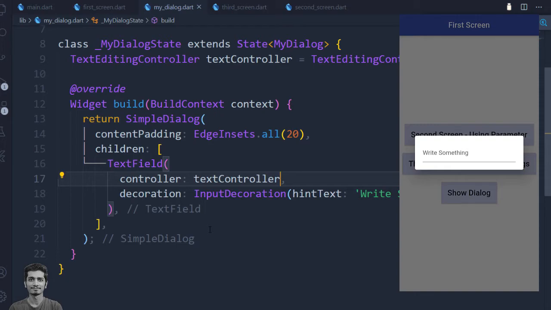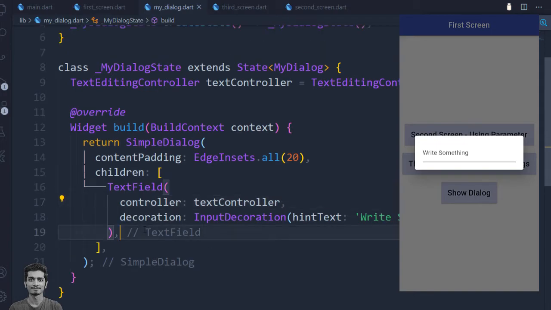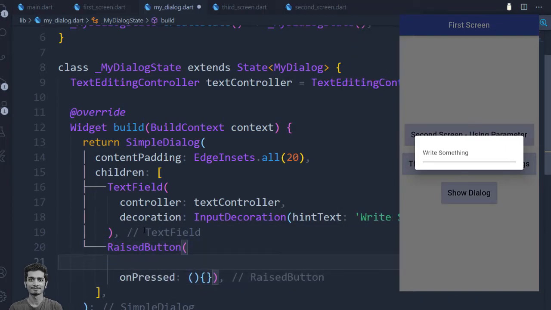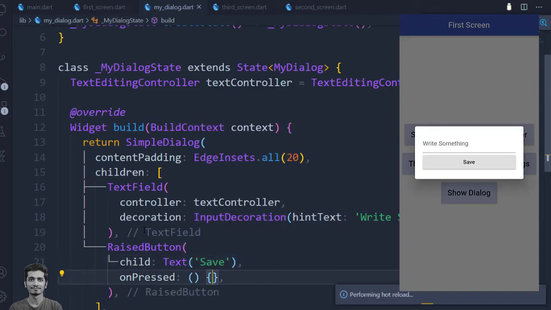We will also create a button which will help us to move back to the first screen and also pass data to the first screen. So let's create another raised button here. You can see the raised button.